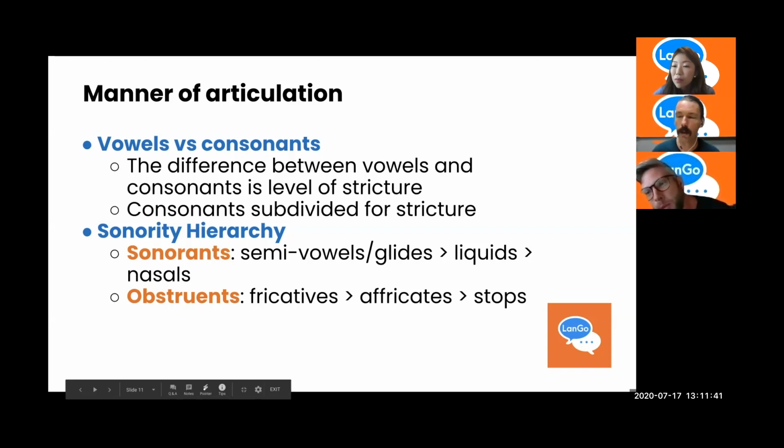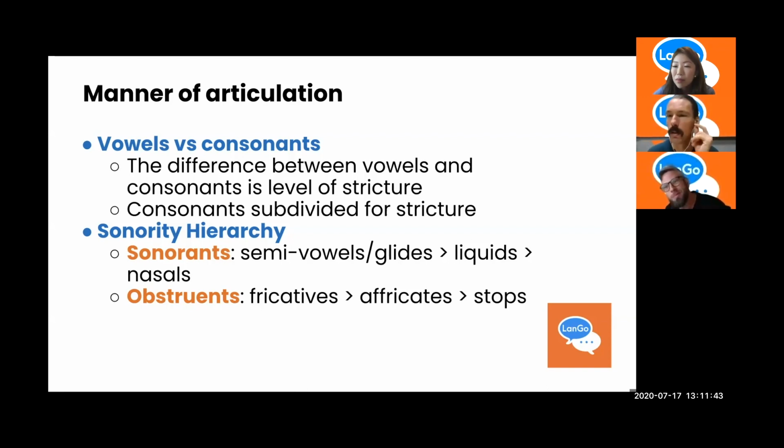It's also worth pointing out what happens when you have a cold and your air passage through the nose is blocked. Your M's become pronounced like B's. Your N's become D's. So when people say, "Oh, I get nasally when I have a cold," they're getting close to it, but they've got it exactly reversed. When you have a cold, you're denasalized.